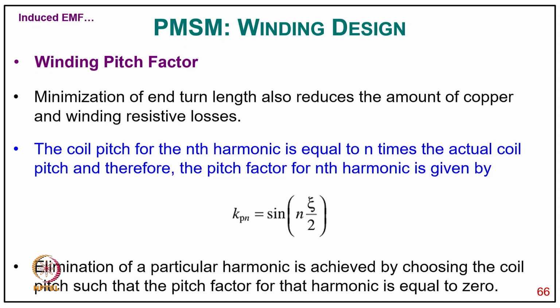Now, minimization of end turns length also reduces the amount of copper and winding resistive losses. The coil pitch for the nth harmonic is n times the actual coil pitch, and therefore the pitch factor for the nth harmonic is given by Kpn equal to sine n eta by 2. Elimination of particular harmonics is achieved by choosing the coil pitch such that the pitch factor for that harmonic is